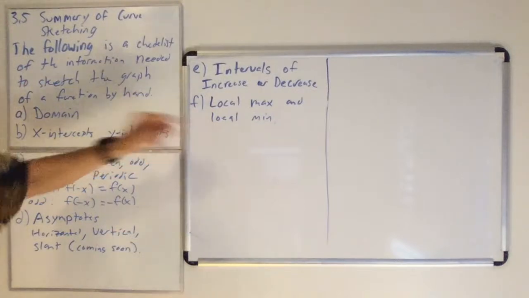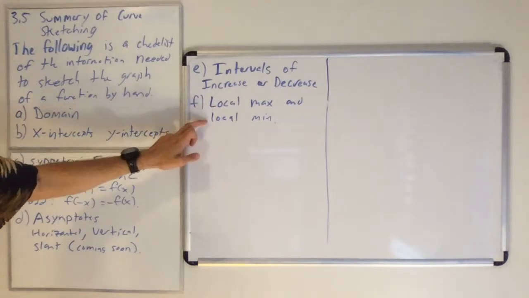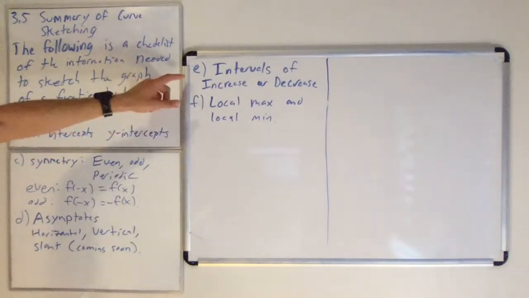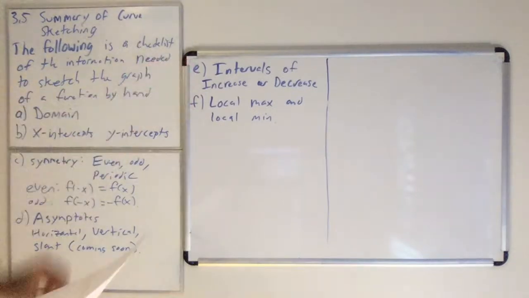And that will give us the local max and local mins, right? And we're going to represent these as points, so there'll be points on our graph. So again, we took a derivative before E, and then we've used that information for E and F, and then G